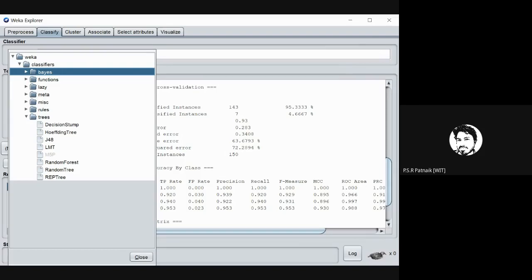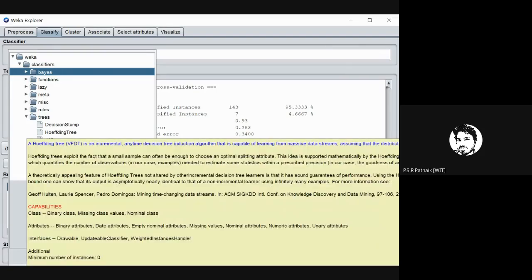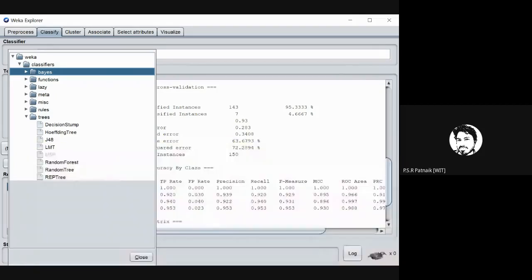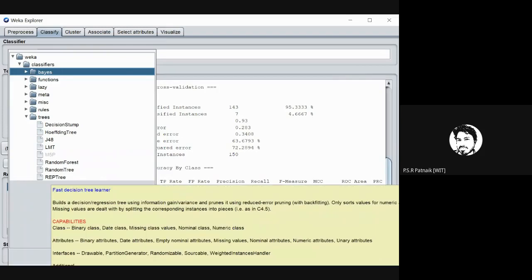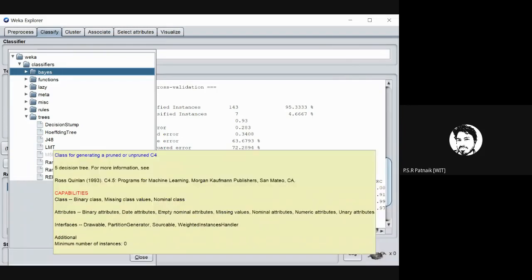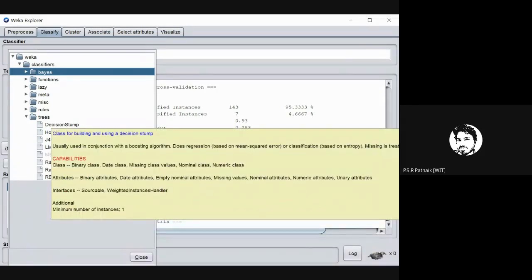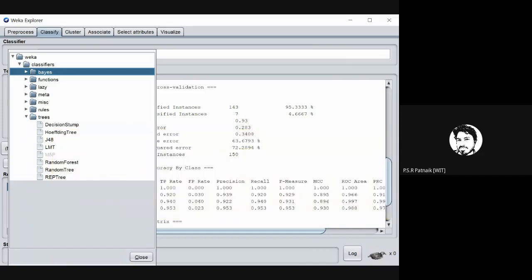Under tree, if you look here, the most efficient or most well implemented is the reduced error prune tree. But I want to implement a plain simple decision tree, the simplest of simple decision tree algorithms with no fancy optimization or boosting.